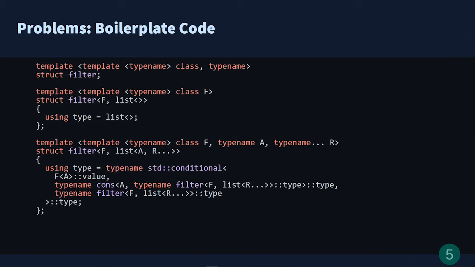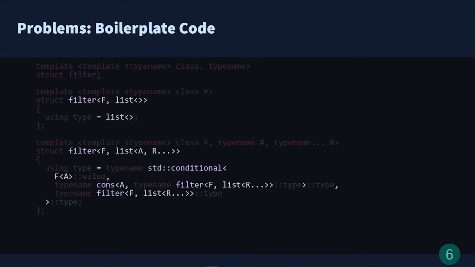Now, let me highlight the parts of the code that actually perform useful work, in the sense that they contribute to the semantics of the metaprogram. If you squint a bit, you should now see the familiar definition of the list filter function. There's an empty list case, which simply returns the empty list. There's also the non-empty list case, which recursively filters the rest of the list, and if f of a was true, it adds the value a back to the front of the list. In this particular example, the boilerplate code is roughly 2/3 of the entire metaprogram. In general, you can expect at least half of the code to be boilerplate.